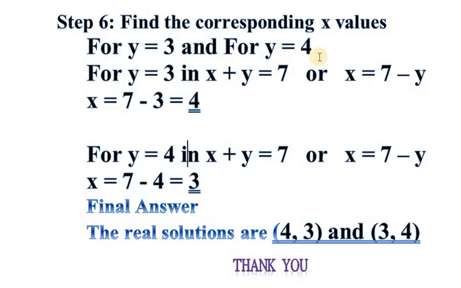ያ ማለት ከላይ ባገኘነው y is equal to 3 እና y is equal to 4 የyን ቫልዩ አግኝተናል። እነዚህን ቫልዩዎቹ በሁለተኛው ኢኩዌሽን ላይ x plus y is equal to 7 ነው ኢኩዌሽናችን፣ ወይም ደግሞ x is equal to 7 minus y ይሆናል። ስለዚህ y is equal to 3 የምትለውን ሰብስቲቱት እናደርጋታለን። x is equal to 7 minus y፣ 3 ናት፣ 3 እዚህ እናስገባለን። ከ7 3 እንቀንስ 4 ይመጣል። ይሄኛውም እንደዚህ ሰብስቲቱት 4ን ስናደርግ ከ7 ላይ 4 ስናደርግ 3 ይመጣል ማለት ነው። Finally, our final answer will be 4 and 3 in the bracket and 3 and 4 in the bracket ይሆናል ማለት ነው። True solution ማለት ነው።